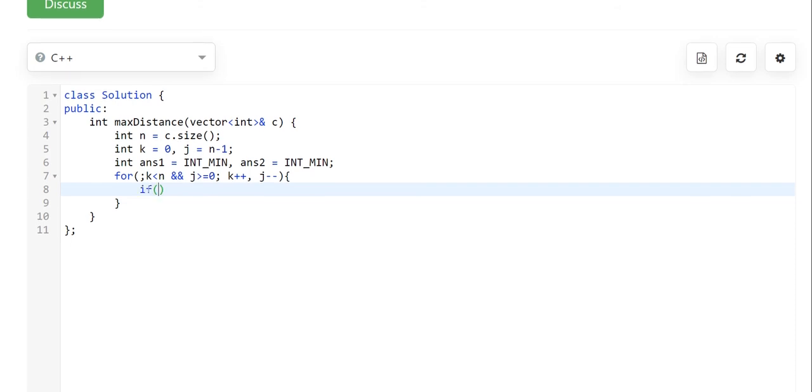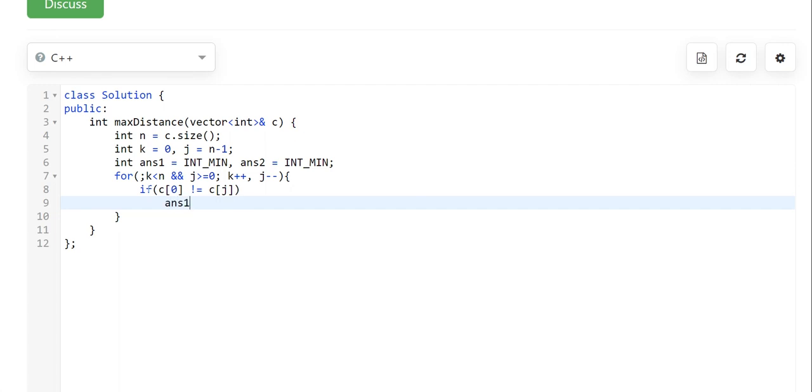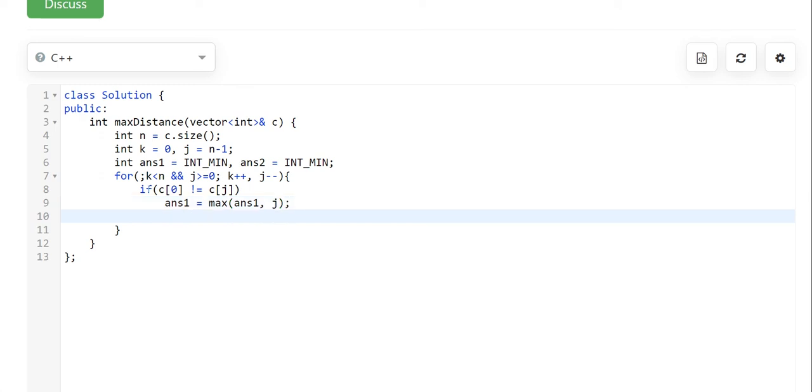If the color of the house at index 0 is not equal to the color of the house at index j, then we will update ans1 as the max of ans1 and the distance between these two houses, which is equal to j, as j minus 0 is just j.